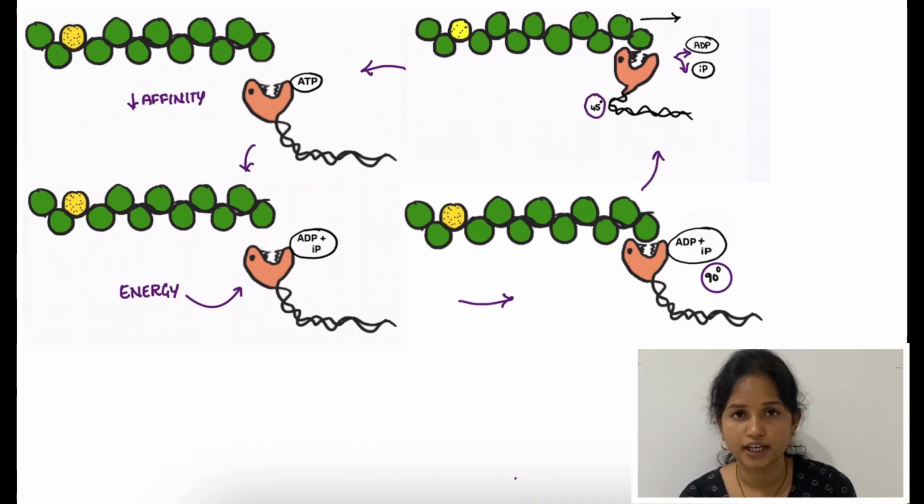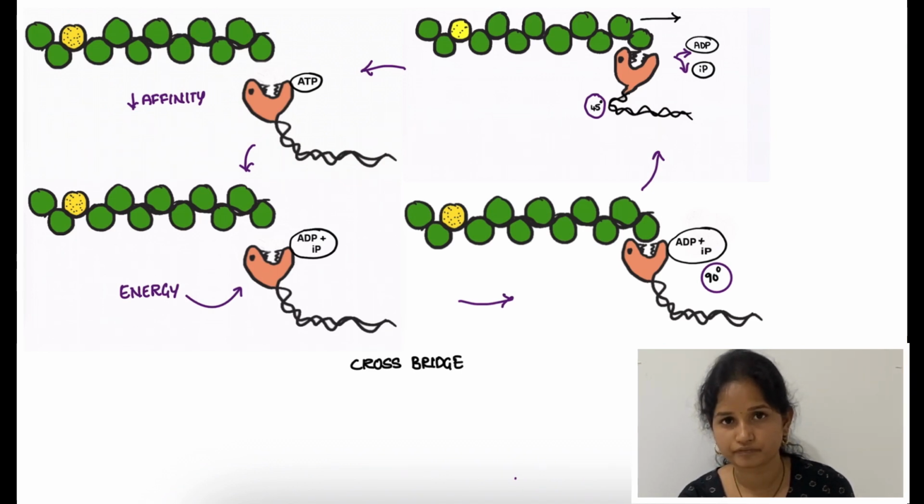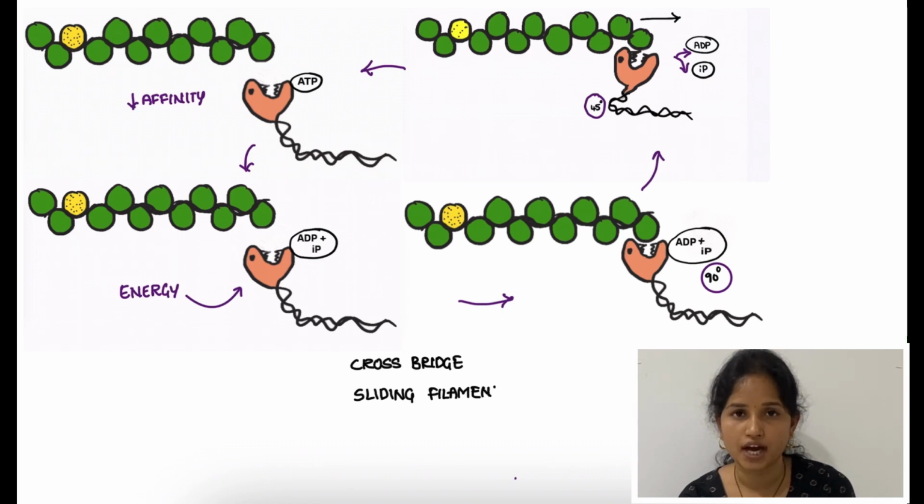For it to attach to the next site, again the ATP should be converted to ADP and inorganic phosphate. With the energy, again it forms the 90 degrees bond, which is the actin myosin cross bridge formation, and then the 90 degrees bond is converted into 45 degrees because of the decrease in energy, which is called the power stroke. It is moving the filament medially. This movement of actin over myosin is called the sliding filament theory. Myosin is sliding along the actin, and it is also called the walk along theory. It is walking along the actin.